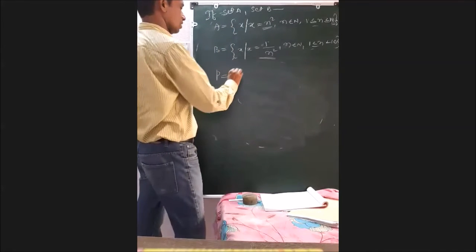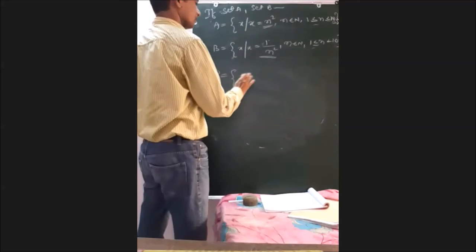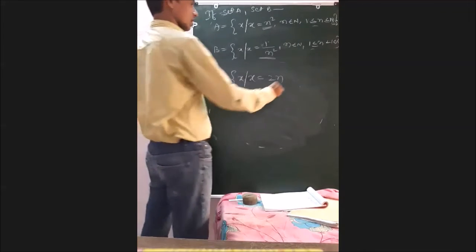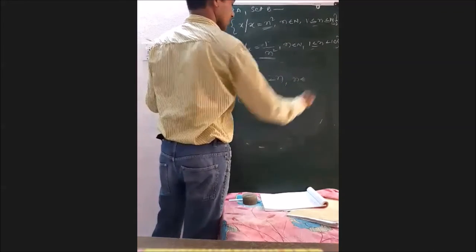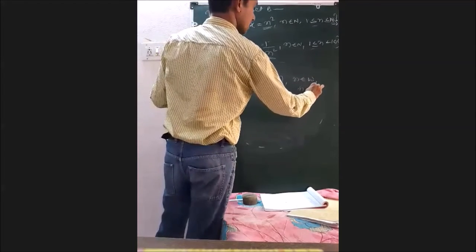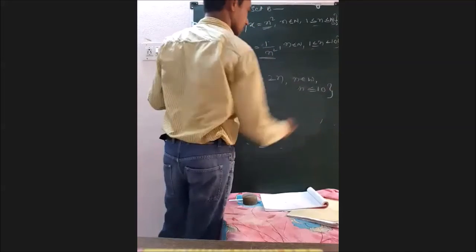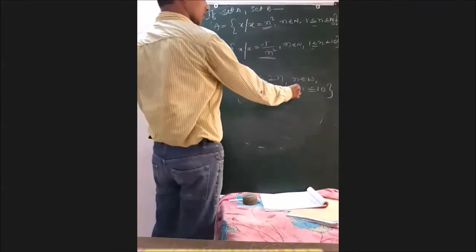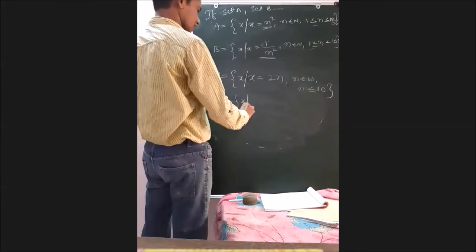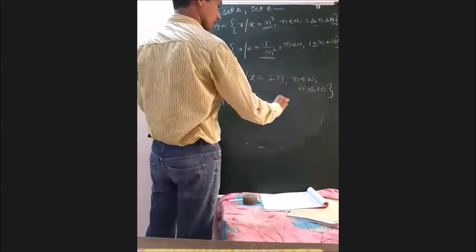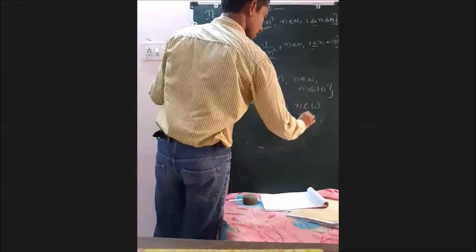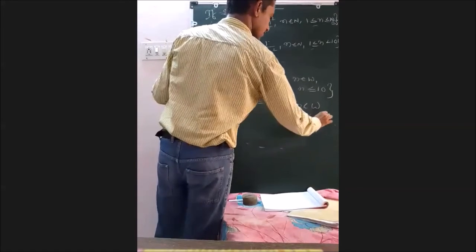Some P is equal to x such that x is equal to n, where n belongs to W and n is less than or equal to 10. So I will take less than or equal to, I can take 0 also. Q is x such that x is equal to n plus 1, where n belongs to W and n is less than 10.